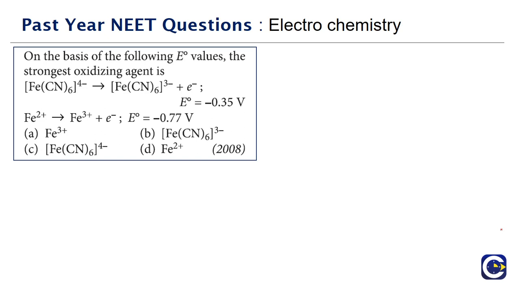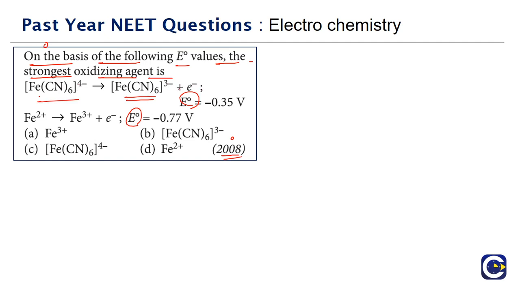Next we have a question that came in 2008. This is a little tricky question, I'll tell you why. On the basis of the following E0 values, the strongest oxidizing agent is. So they are giving us the E0 values. Fe(CN)6 4 minus gives rise to Fe(CN)6 3 minus plus an electron. Here the E0 value is given as